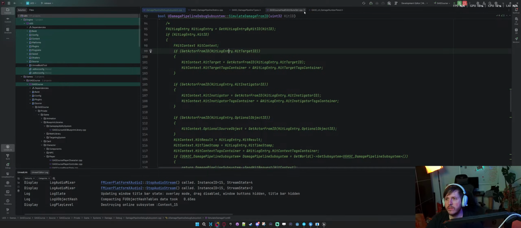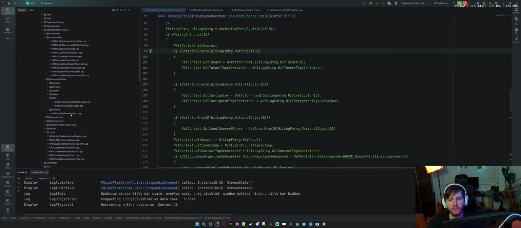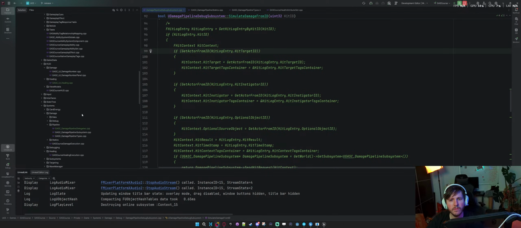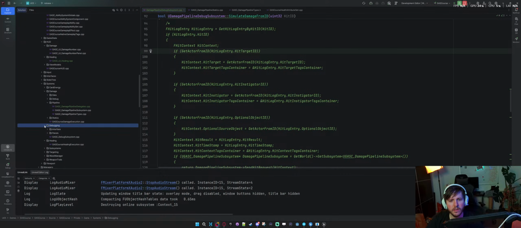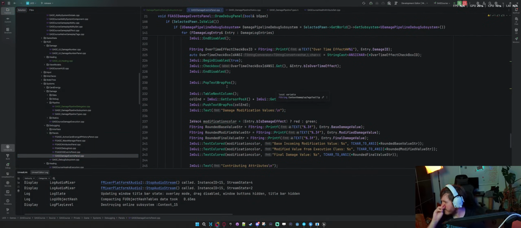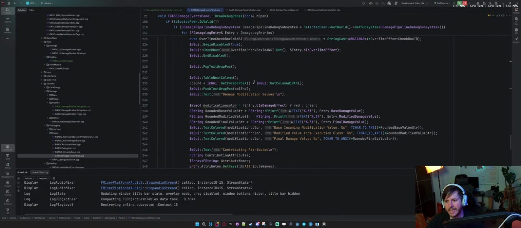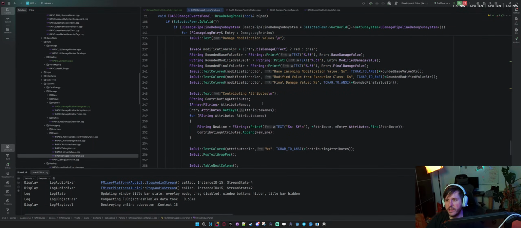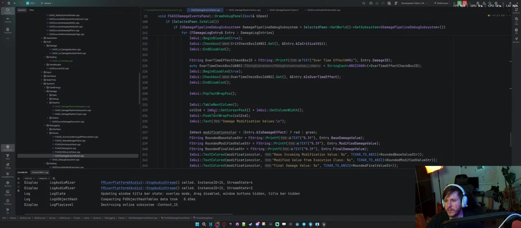So we can get out of our traces. We need to be in our actual debugging panels. So there should be debugging panels and then our damage events. So I have a bunch of code written in here for the ImGui. So we gotta find where we're doing the button. The last thing is the button, and there is this text string. So we should be able to replace it with what we were doing earlier,